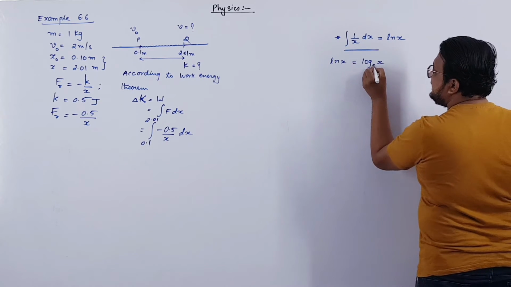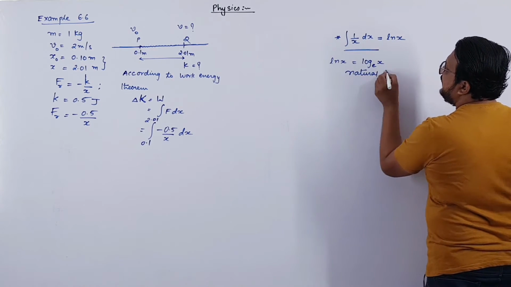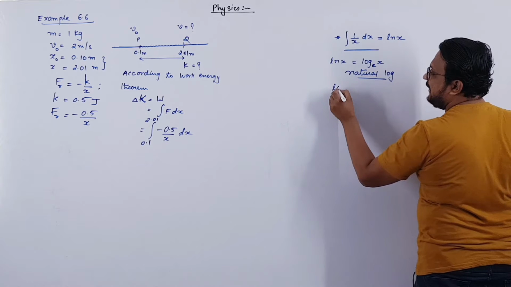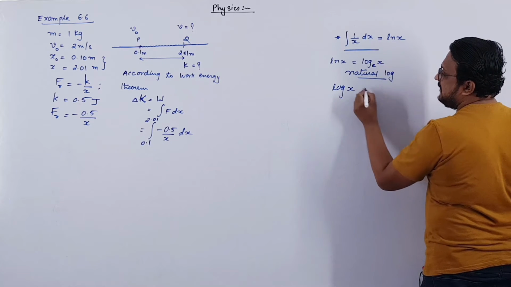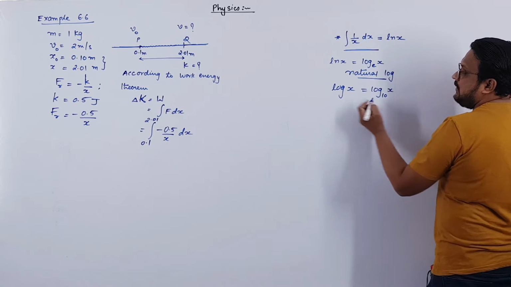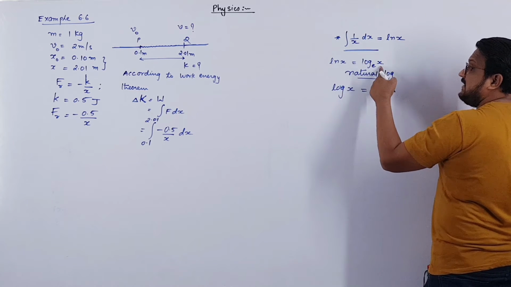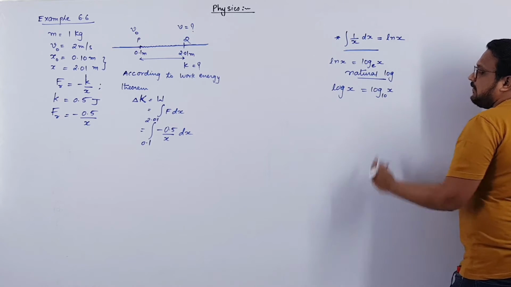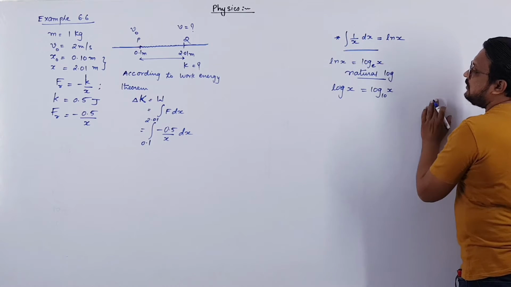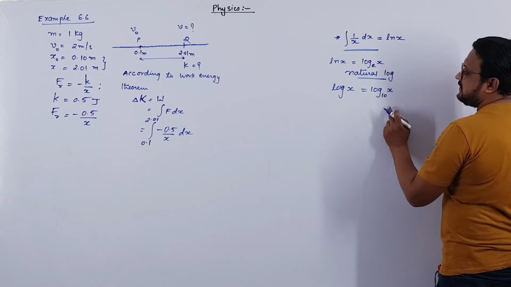But this is log base e, the natural log. Of course we do have another log. If in physics we write log x, then this is nothing but log x base 10. Log x is log x base 10 and ln x is log x base e. This is natural log and this is decimal log base 10. You will get a table for log base 10 only and not for this. So there is one more relation for how we convert log x base e into log x base 10.